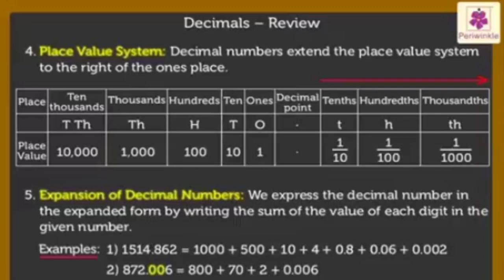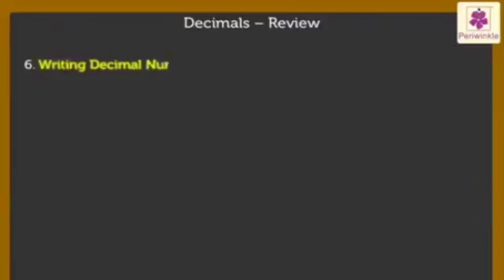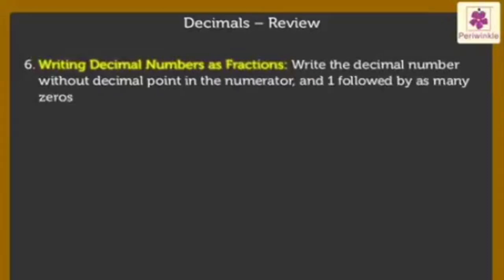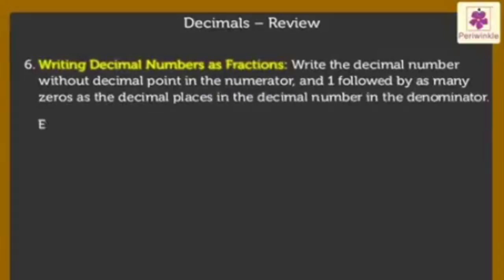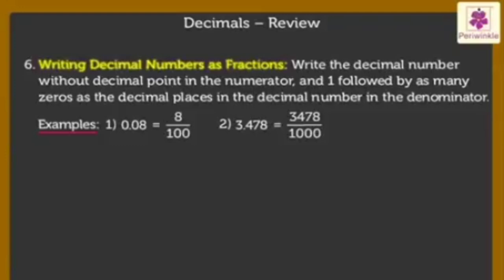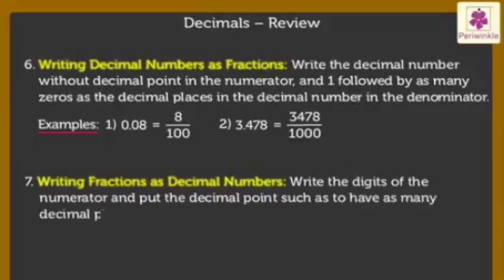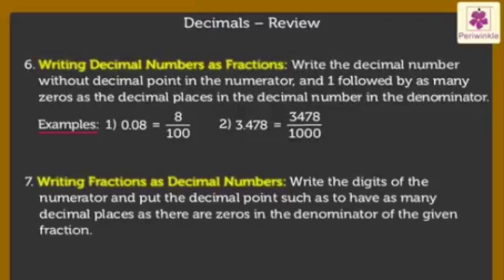Writing decimal numbers as fractions. Write the decimal number without the decimal point in the numerator and 1 followed by as many zeros as the decimal places in the decimal number in the denominator. For example, writing fractions as decimal numbers. Write the digits of the numerator and put the decimal point such as to have as many decimal places as there are zeros in the denominator of the given fraction. For example,